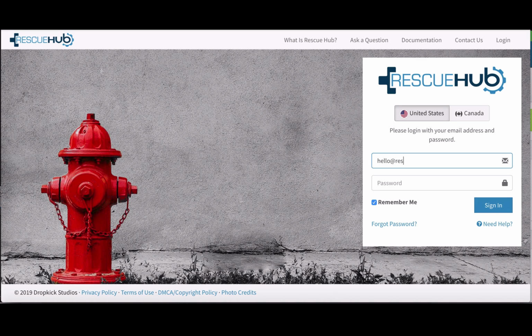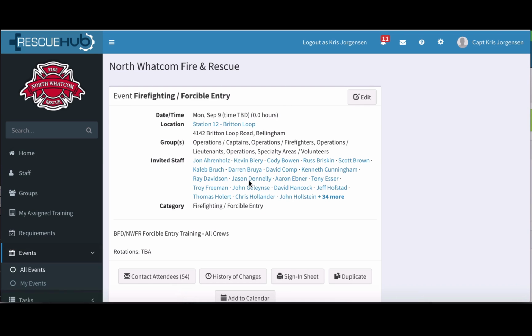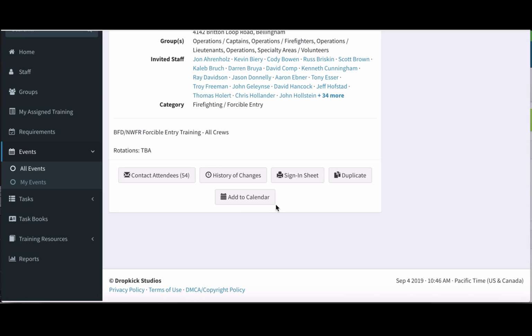The first thing that you're going to see as soon as you log into Rescue Hub is the calendar. Your training officer will likely be using this to post the training schedule, but there might be other things on the calendar that are not training, and they might be using this for some other purpose as well. You can click on any of the entries in the calendar to find more information about what's going on a